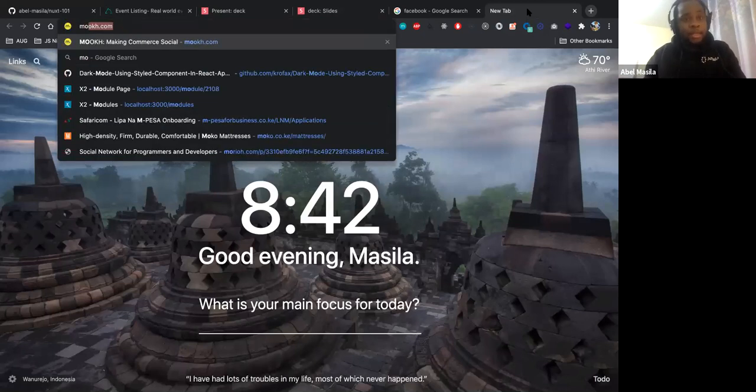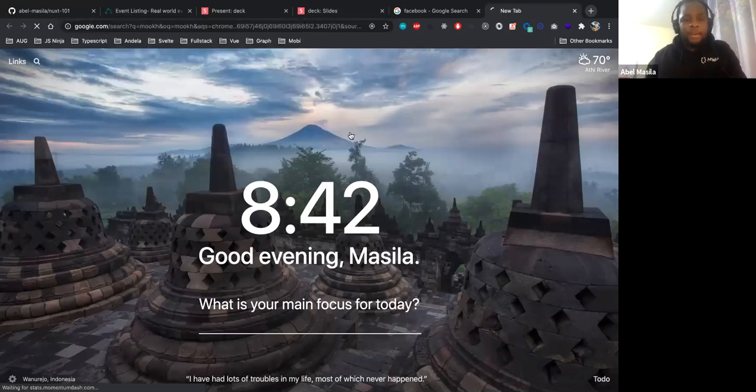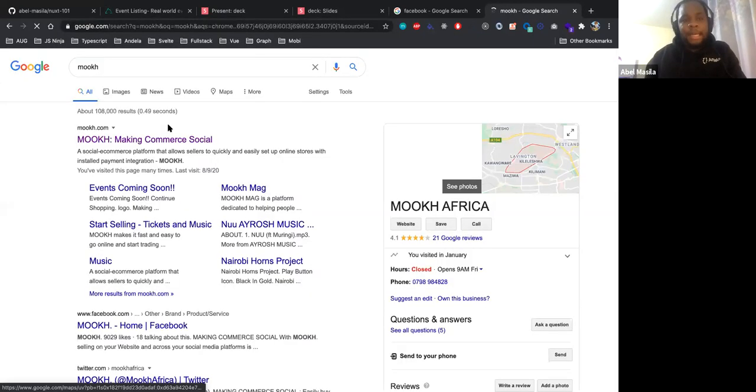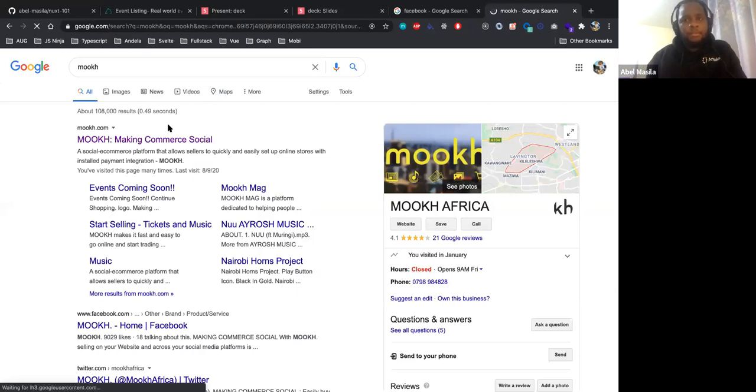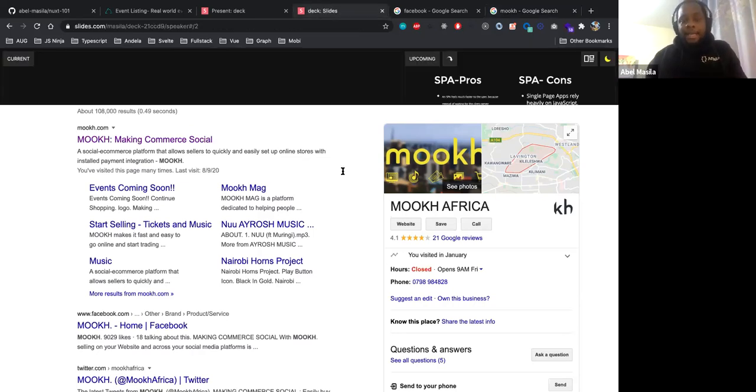For instance, I worked on MOOC.com a long time ago, and as you can see, MOOC.com is a single page application. We only have index.html for this website, but JavaScript is taking control of the routing and so forth. But it has been indexed by Google. In a different scenario, I don't think Open Graph really indexes these applications very well. And I will show you what I mean in a demo.